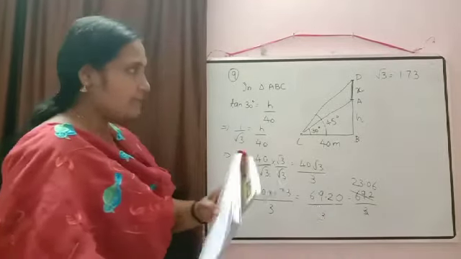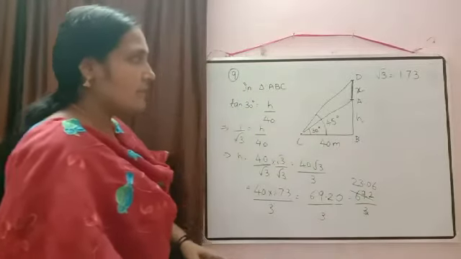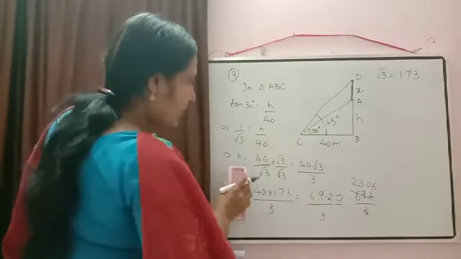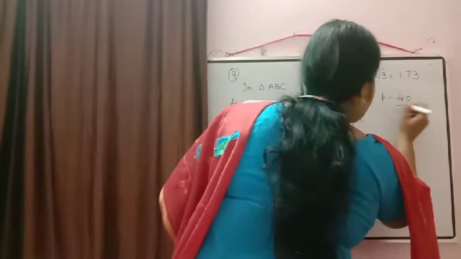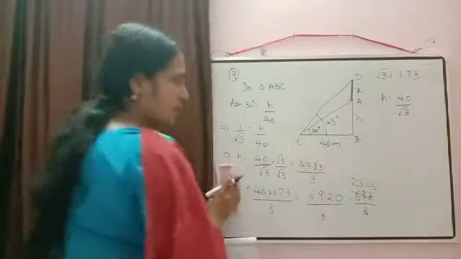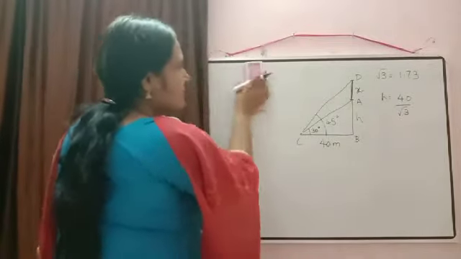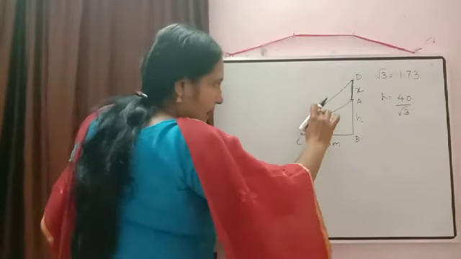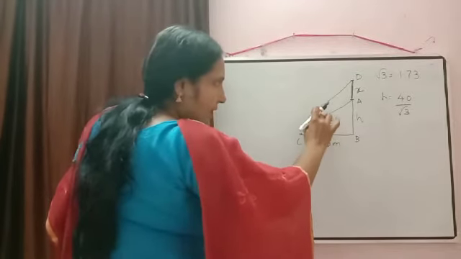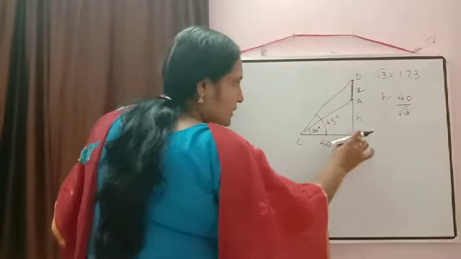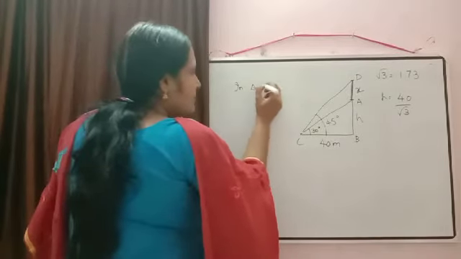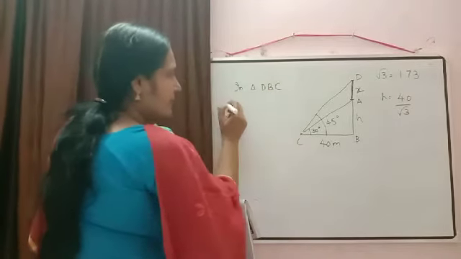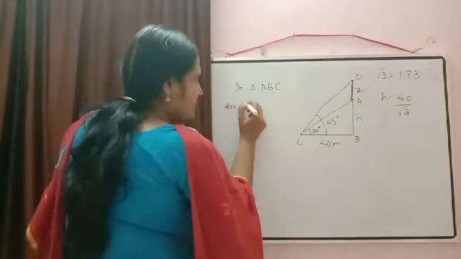Then next we want the depth of the tank, means we need the value of x. So remember we got the value of h, the first value we got, 40 by root 3. So here I am writing there, we got h is equal to 40 by root 3. Now which triangle will we take? Yes, this is the angle which we have, 45 degree. That angle is coming in which triangle? This is the two lines which we have. So triangle DBC.